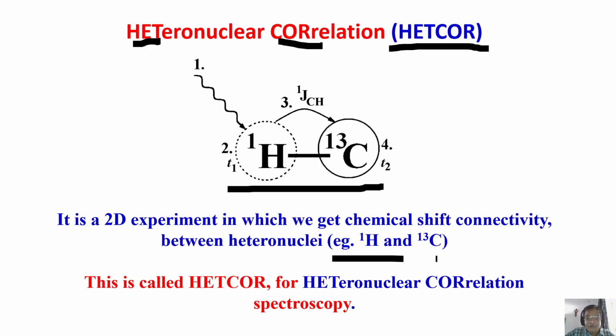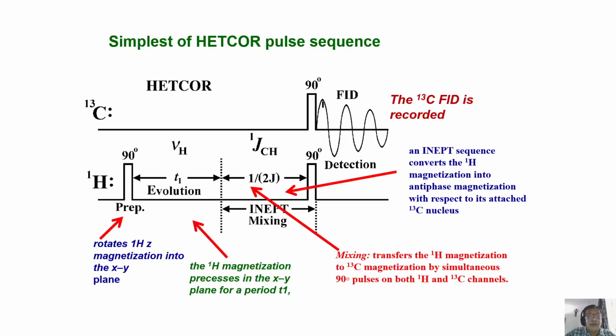Of course, I took the example of proton and carbon. This is not the thing which we have to do all the time. This correlation can be between any two heteronuclei, that is between abundant spin and rare spin. That is an important concept I am telling you. Because here we adopt polarization transfer. We take the magnetization, of course not in HETCOR, in HSQC, from the abundant spin, give it to the low abundant spin, and then take it back to the high abundant spin and see. So that's why this is a very important thing you can do between any abundant spin and less abundant spin. But in the HETCOR, it is a simple correlation experiment where you can detect the carbon directly.